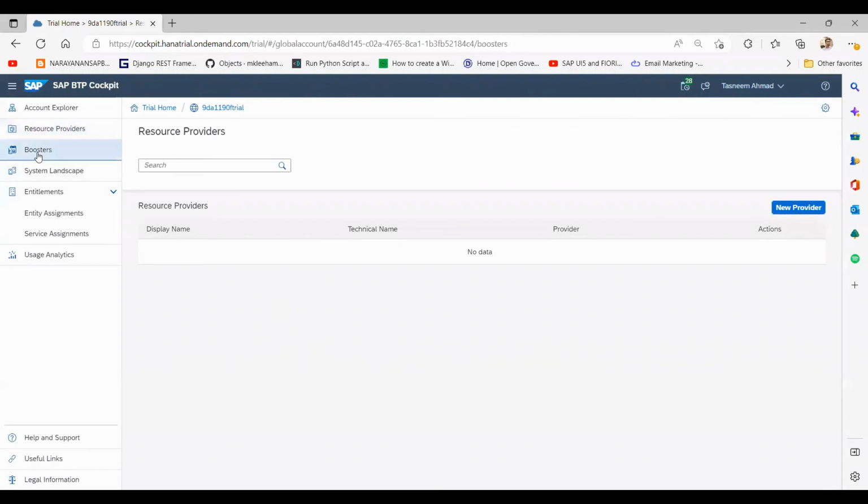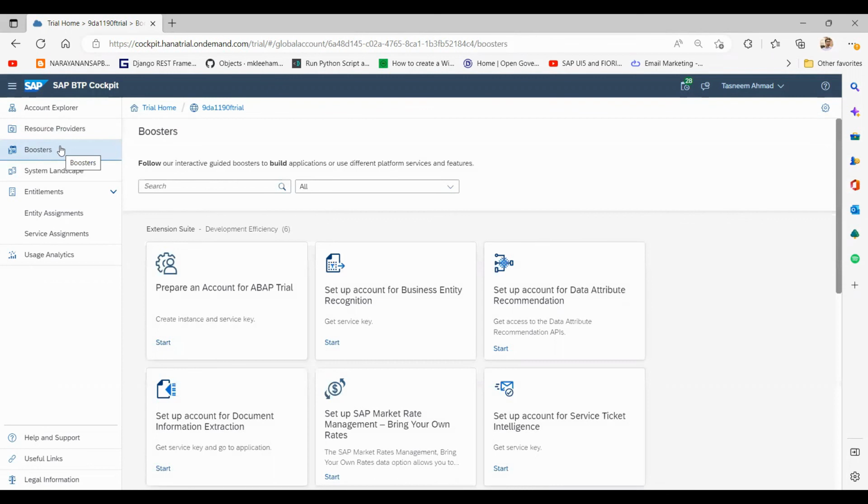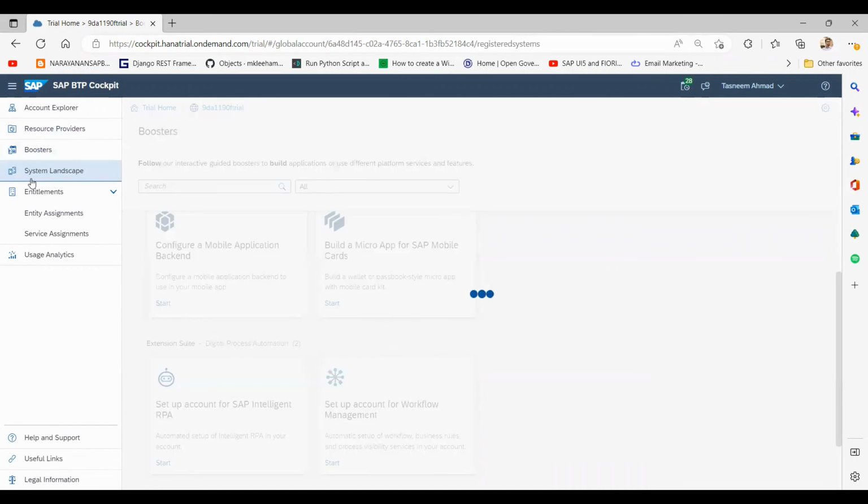If we are going to add some boosters, I'll share everything in detail in a later session, more in depth. So you should understand that we have an option of boosters, for choosing some of the services that SAP BTP provides us. If we require any booster services, we can start from here also, and it will configure them to our accounts. System landscape, we have